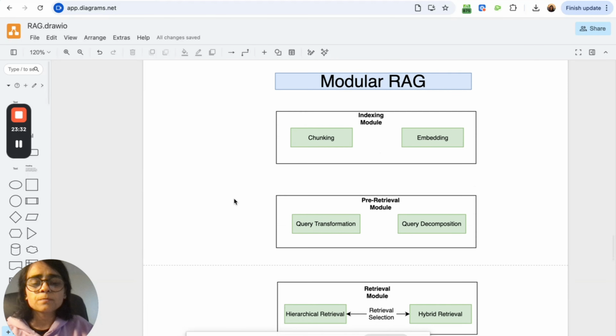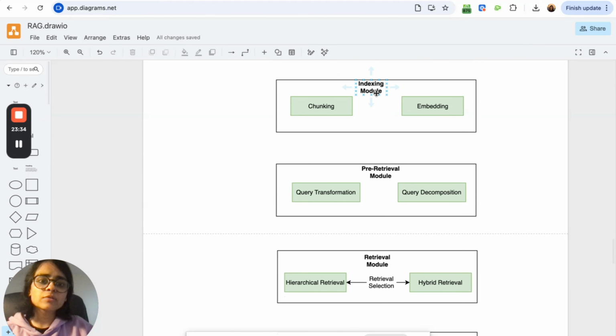For example, there is an indexing module which has submodules like chunking and embedding, and each of these can be developed independently. You can optimize the chunking process, and you can optimize the embedding process by choosing the right model.